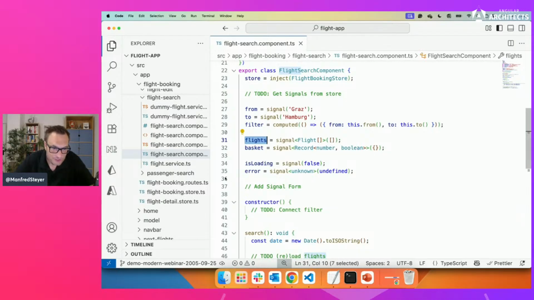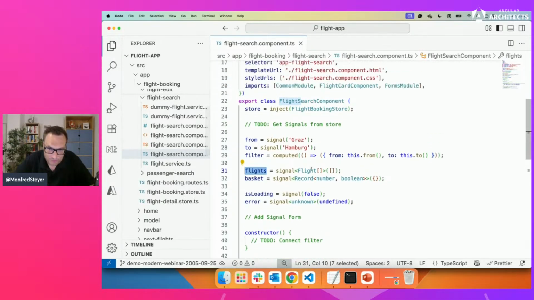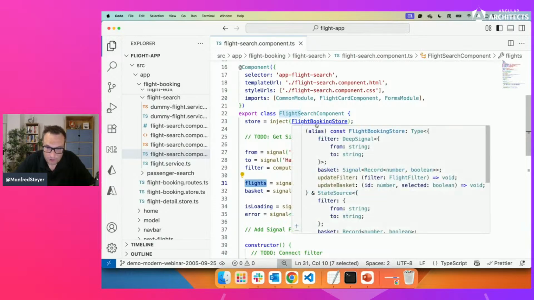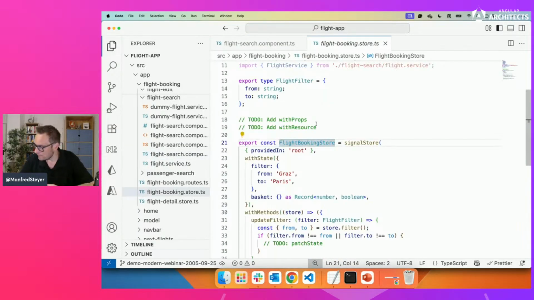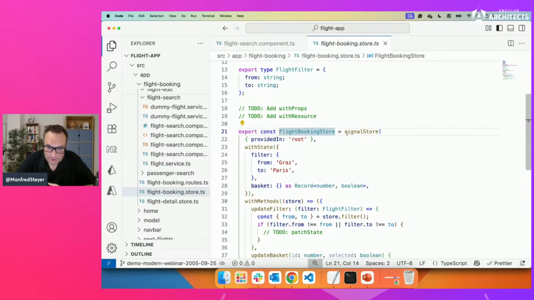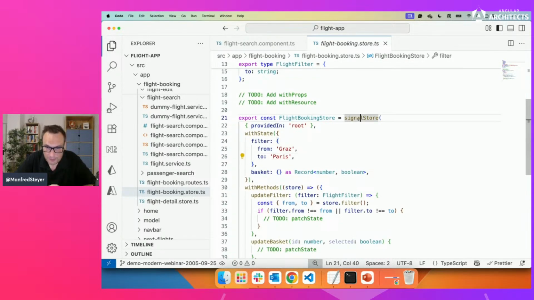So for this, let's first of all move to our flight booking store. Let me have a check here if everything is fine with the stream. I have here my back channel. Yeah, looks good. Okay, so what you see here is our signal store, flight booking store, and it's set up